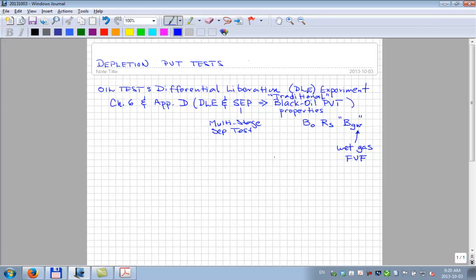And all of this is leading up to the next topic of discussion, which is in Chapter 7, the title of which is Black Oil PVT Formulations. And in that Chapter 7 on black oil PVT formulations,